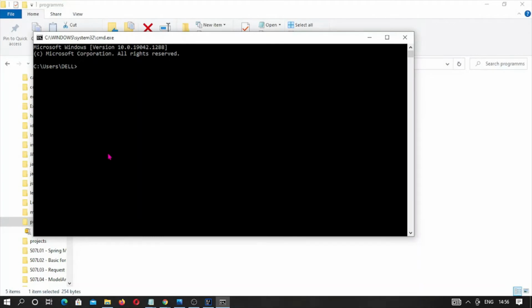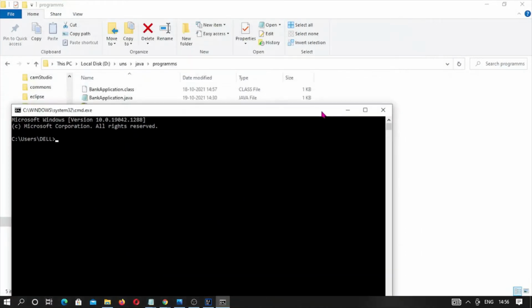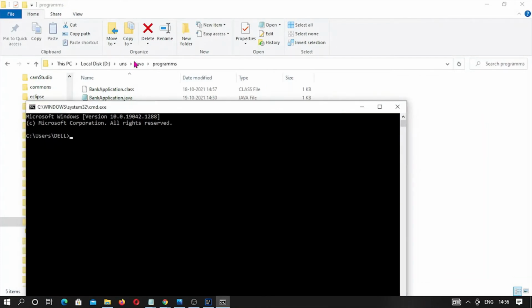First we have to go to the directory where our program has been saved. The source code is saved, and you can see here UNS Java programs. So here we have to go. Now we have to go to the D drive.